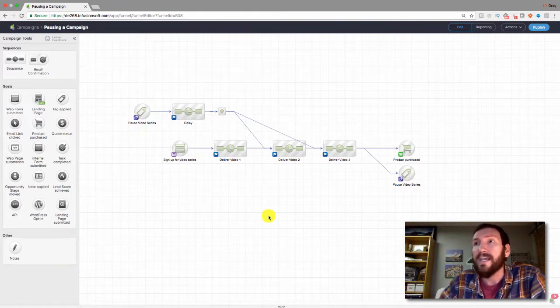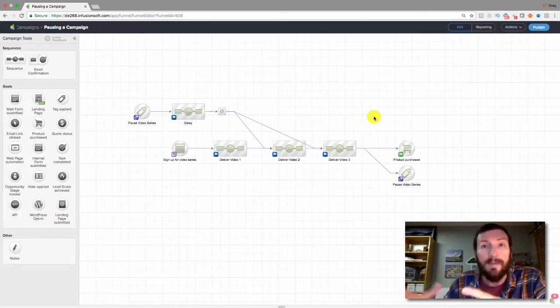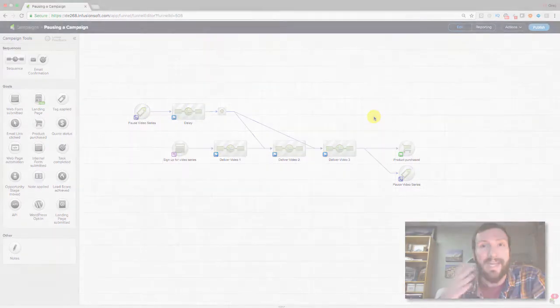Now, like I said, this is a really simple campaign, and it still took me close to 10 minutes just to set that up. So it does take some foresight and some manual effort, but it also is possible. If you find yourself in a situation where you desperately need to pause a campaign but don't want to lose where people are, this is a structure that can support that.